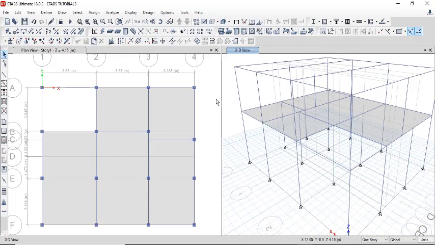Alright, so in our next class, we are going to see how to assign our different live loads and dead loads to all these members. Right now we've modeled our building, but we don't actually know the loads that are acting on our structure, such as the loads acting on the beams and the loads on the slabs. And in our next classes we are going to see that.